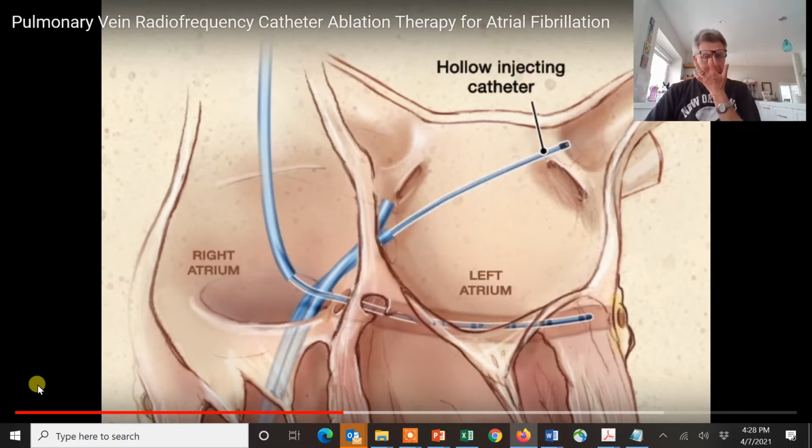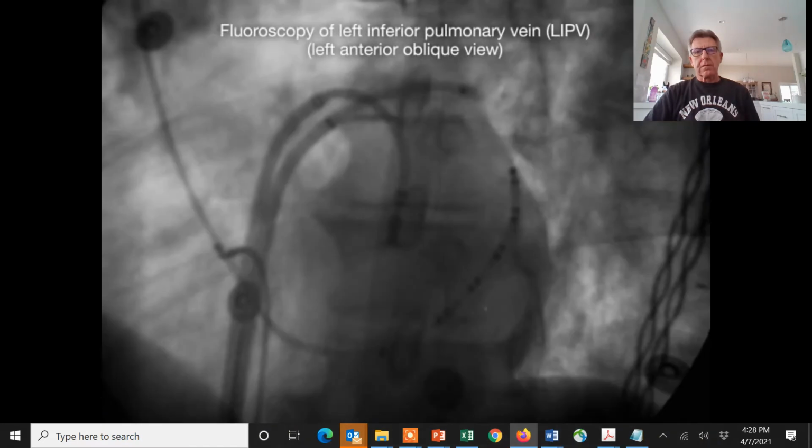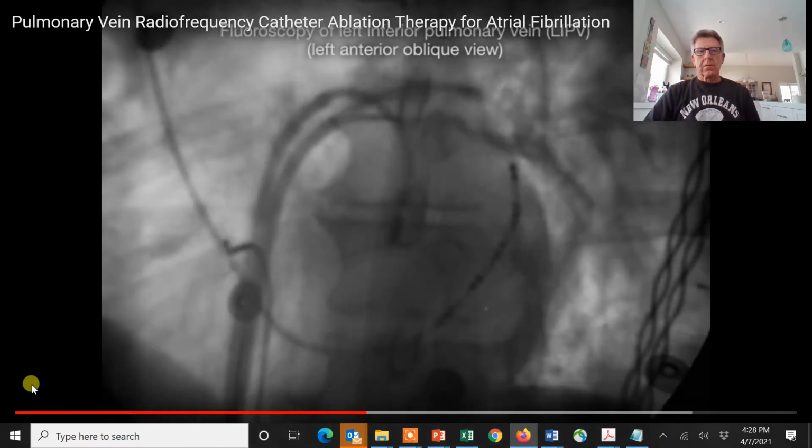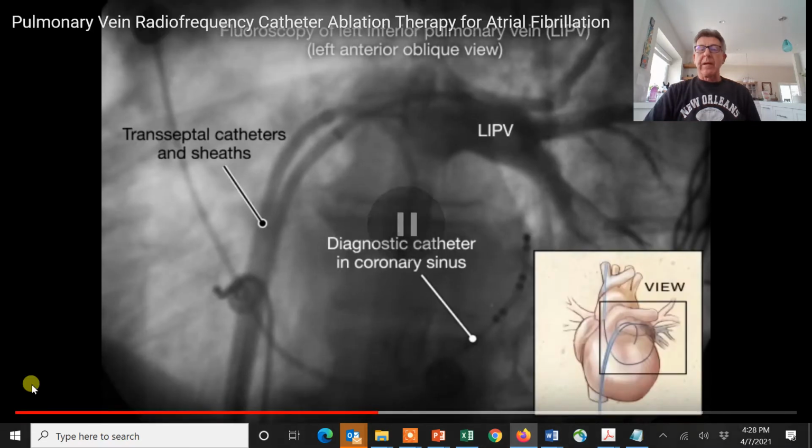A hollow injecting catheter is placed into each of the pulmonary veins, and contrast is injected to outline the size and shapes of the veins. Fluoroscopy is used intermittently throughout the procedure to guide catheter placement, access to the left atrium, and